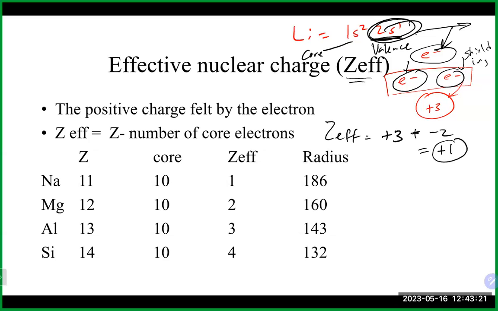In general, if we look at something like sodium, magnesium, aluminum, and silicon, that's going from left to right on the periodic table. We do see that the effective nuclear charge increases. That's because as you go to the right on the periodic table, the numbers get bigger, right? Which means they have more protons to begin with, which means it has a much more positive charge. That also does what to our size, as we can see on the right there, it makes everything smaller, right? It brings everybody in. There's a much bigger positive charge in the nucleus, so the atomic radius starts to squeeze